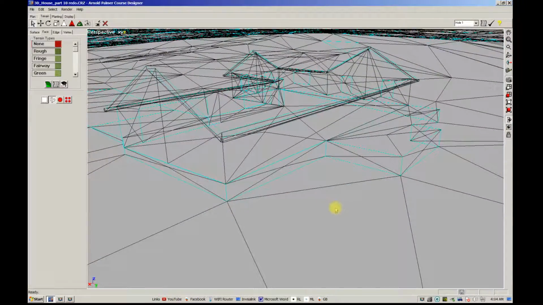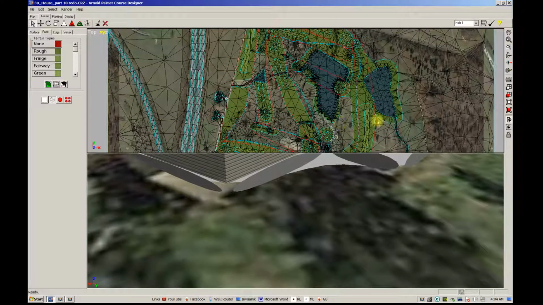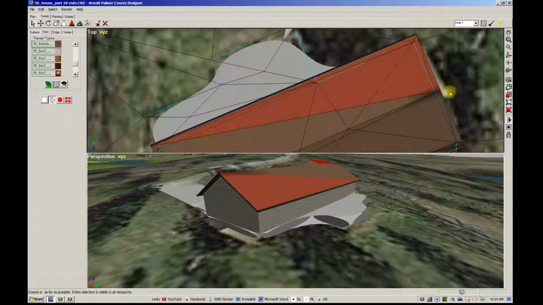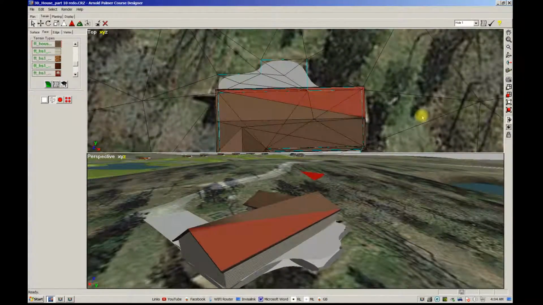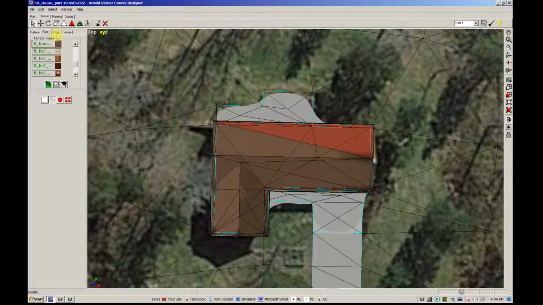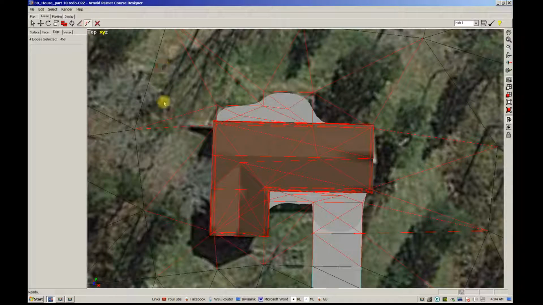So I'm just going to select the whole complete house. I'll select W and I'll come down over the top of it. I'll select something just to be able to zoom in. Okay. Select edge, drag select all the way around the house. And then I will deselect all the grass edges. Okay, I'm going to rotate,